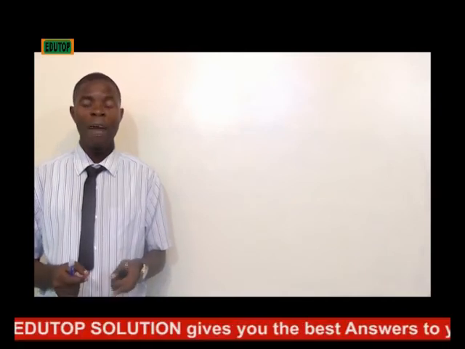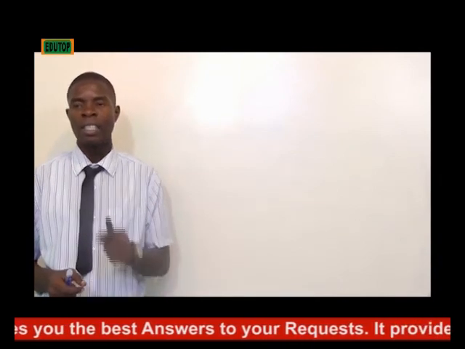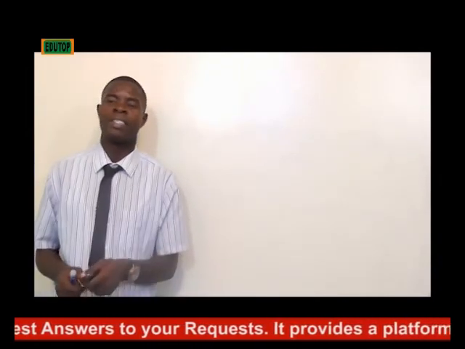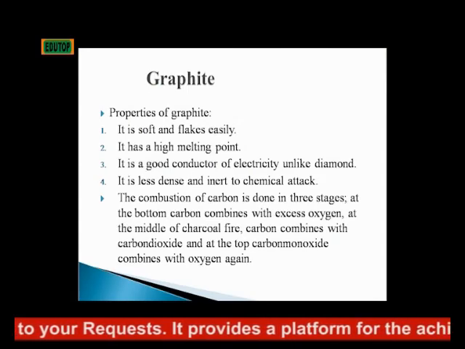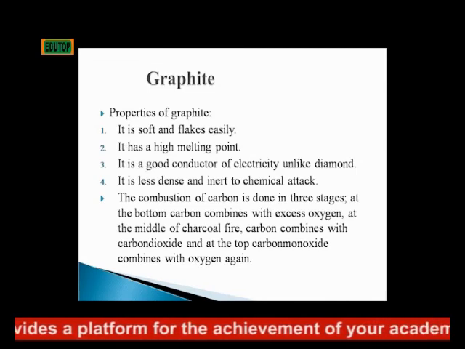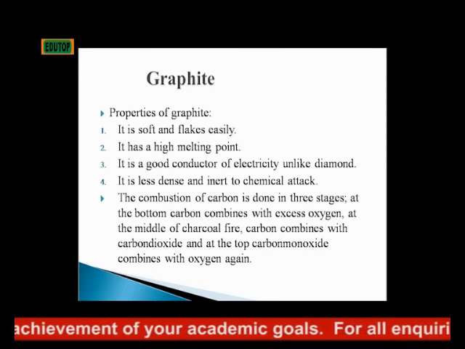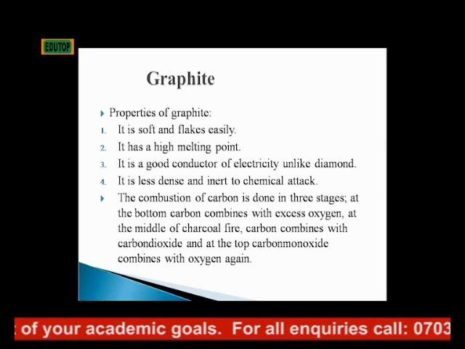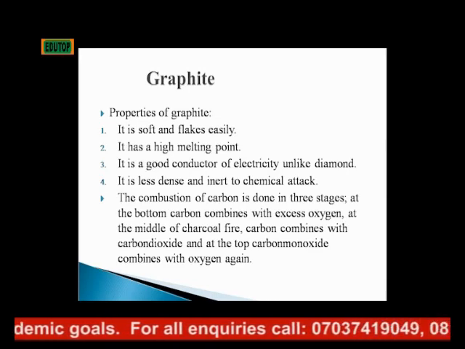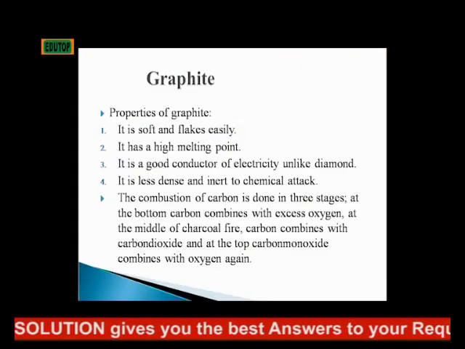Graphite. We have two allotropes of carbon. The first one is diamond and the second one is graphite. Properties of graphite: 1. It is soft and flakes easily. 2. It has a high melting point. 3. It is a good conductor of electricity, unlike diamond. Diamonds do not conduct electricity. 4. It is less dense and inert to chemical attack. When they say inert, it means it is unreactive, so it is not attacked by chemicals. The combustion of carbon is done in